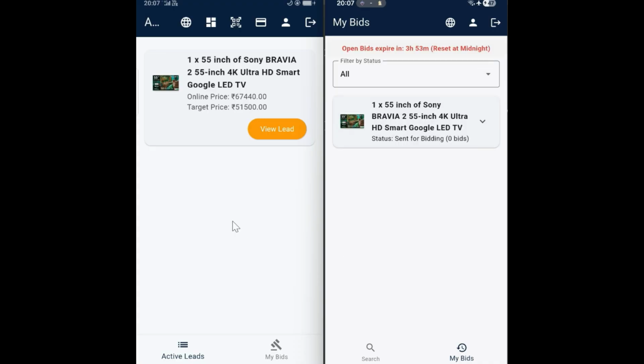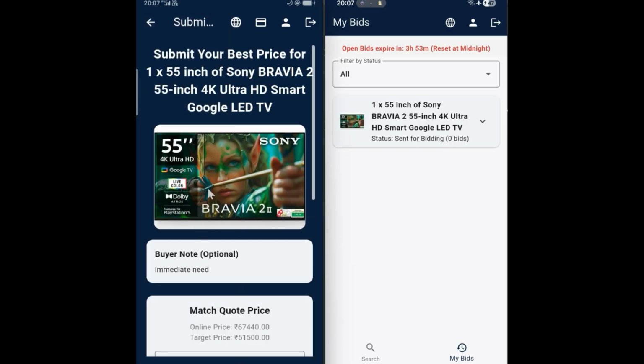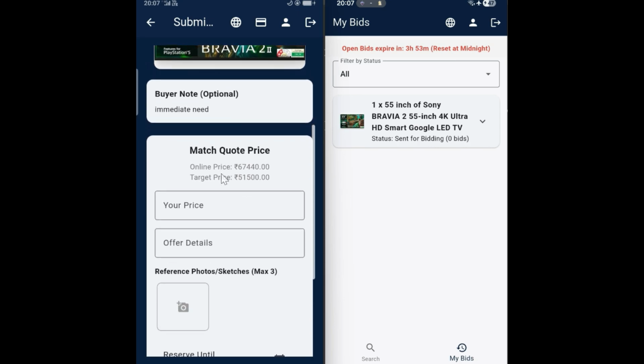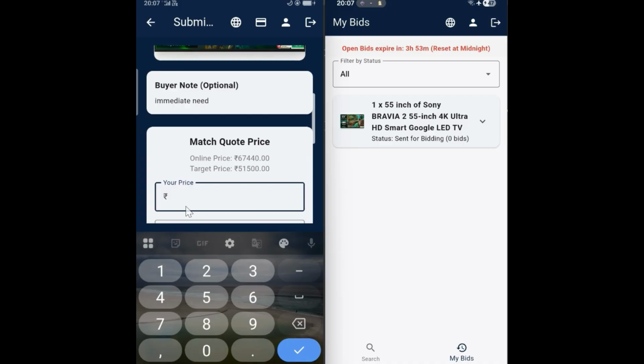As a seller, we click view lead, and whatever note you sent as a buyer is visible to the seller. The seller can look at what you are asking for, and based on the current market and